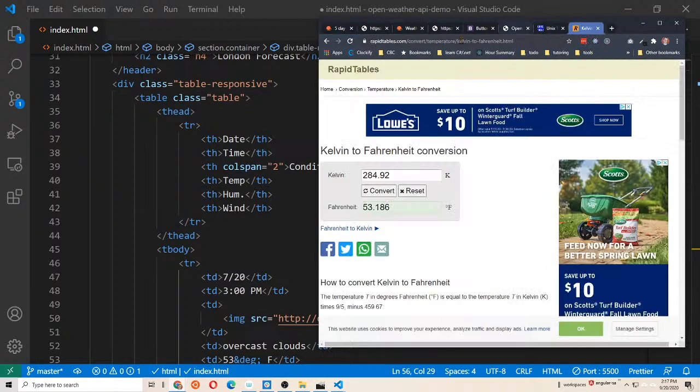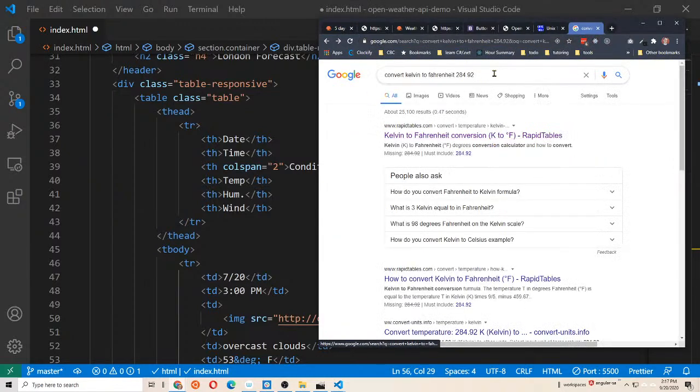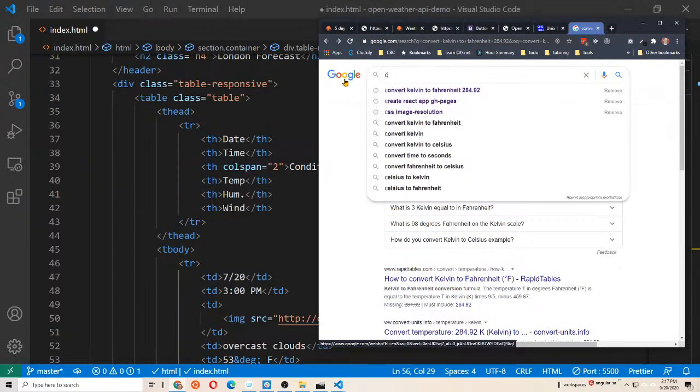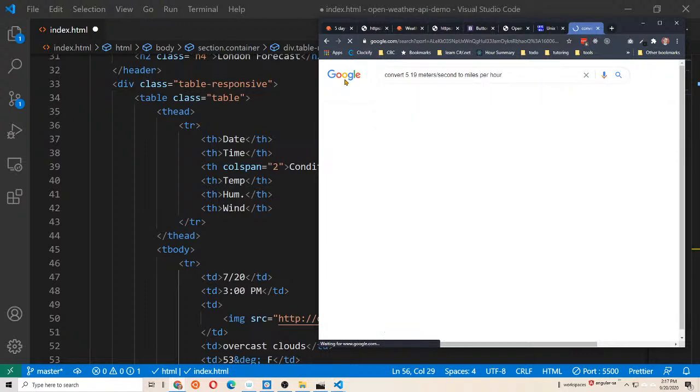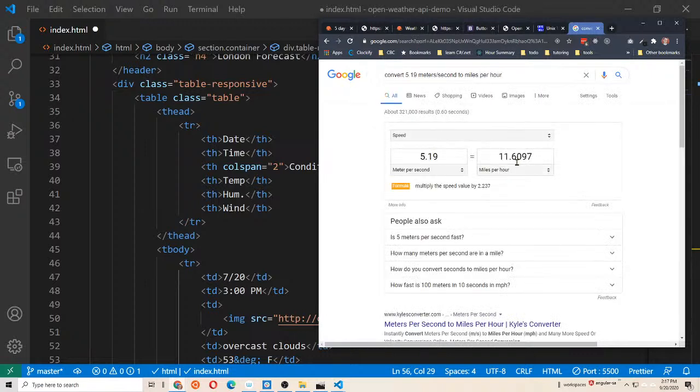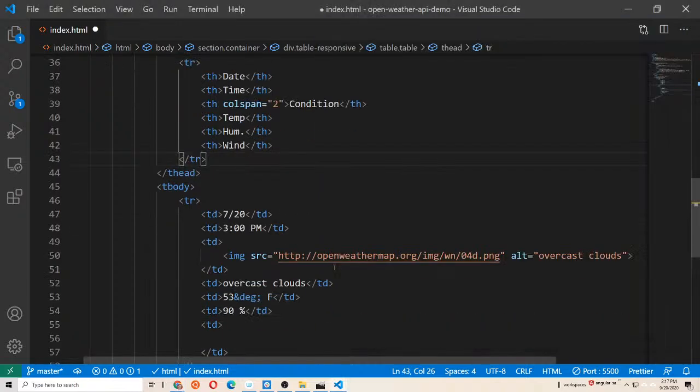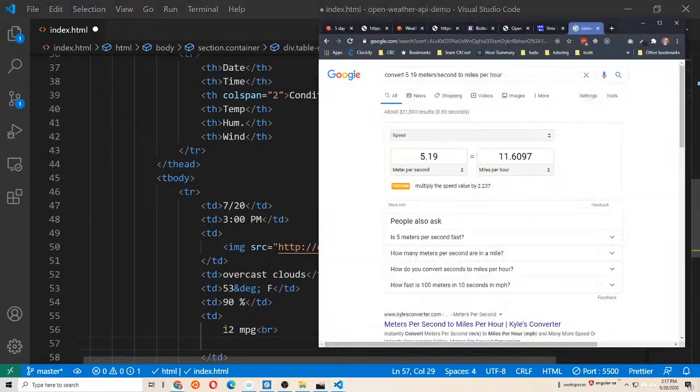So I want to convert meters a second to miles per hour. It's 11.6 MPH, put a line break in, and then for our wind direction,